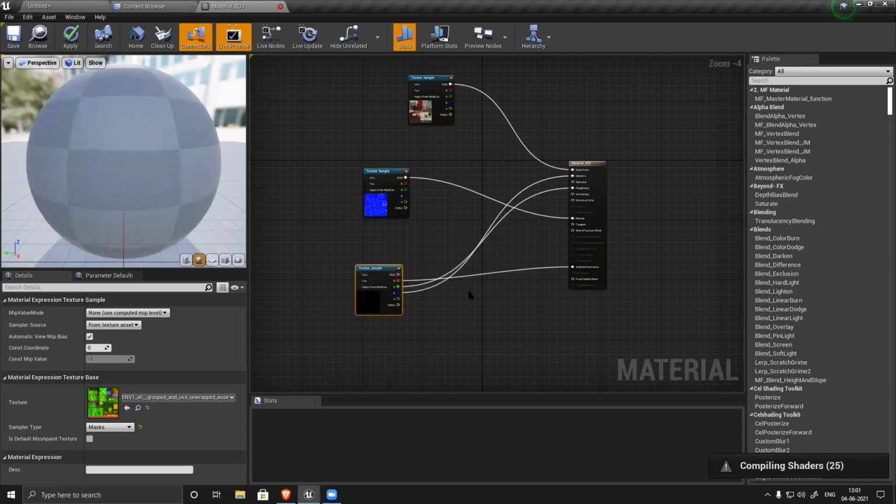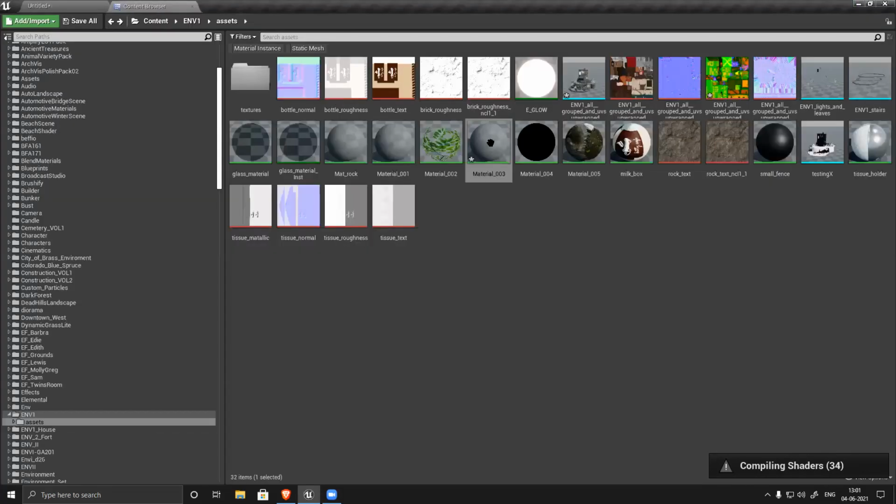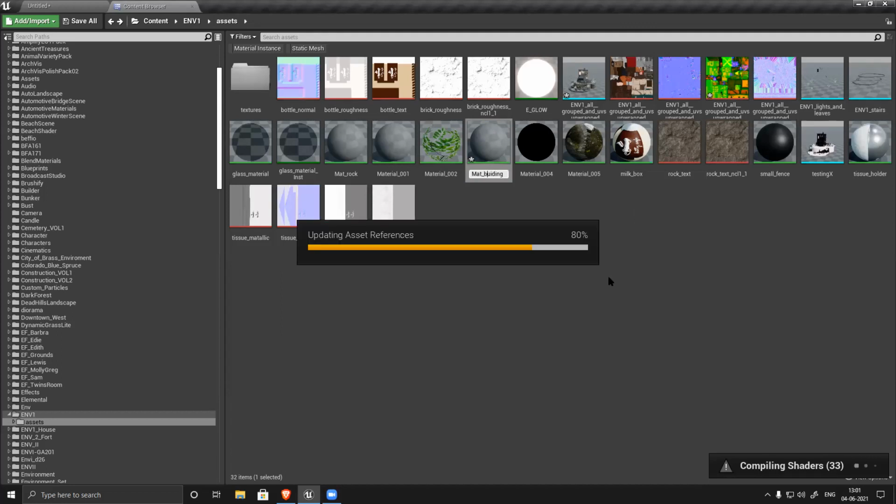Now save it. This material, name this also properly, matte underscore build. Oh, sorry. Name it properly.